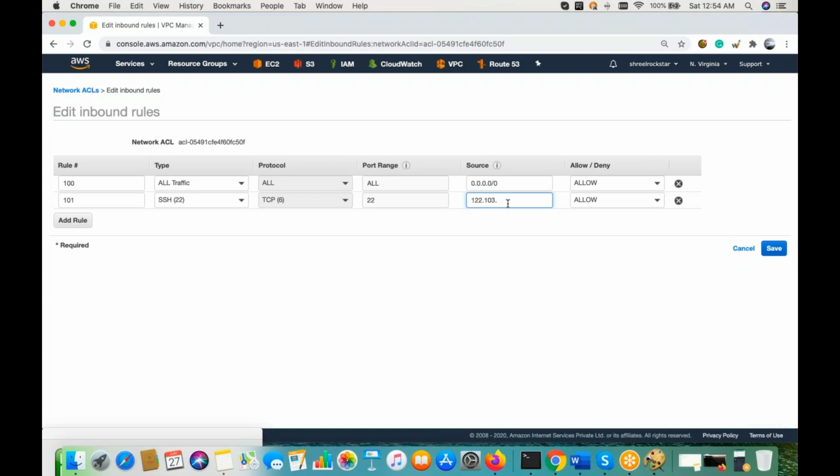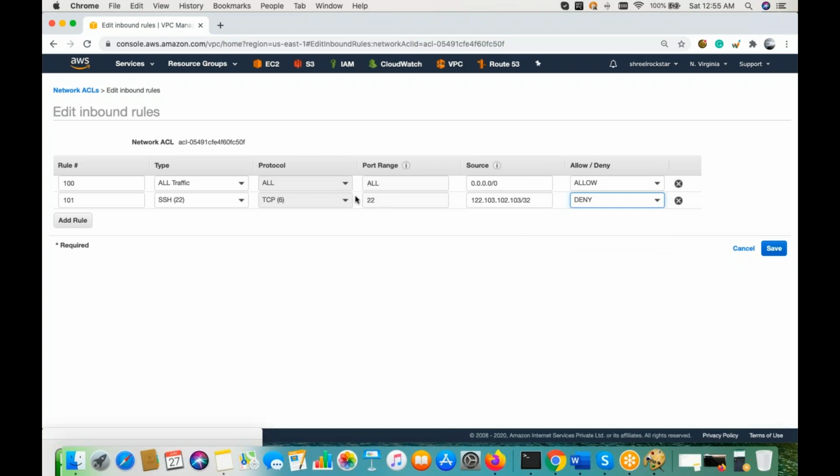So in that case, if you have allowed your SSH from several IP addresses, this is not going to be overwritten, right? Or you can apply 0.0.0.0 for SSH from a security group. That is not going to be allowed, because on top, at the VPC level, you are using this NACL rule. That is the main benefit of this. Simple. What you are looking for, deny or allow, you can define here.